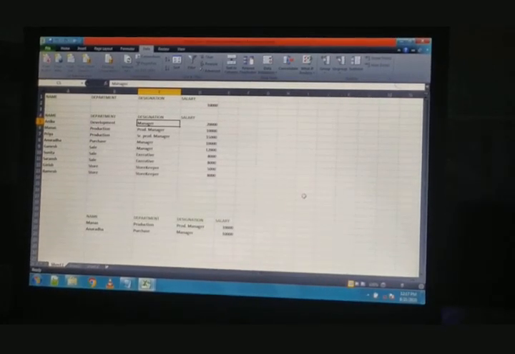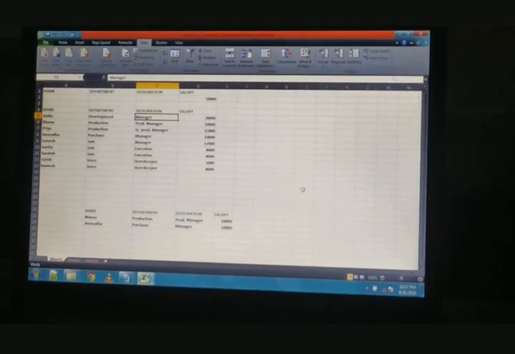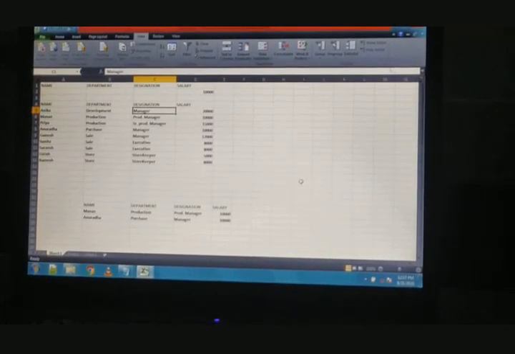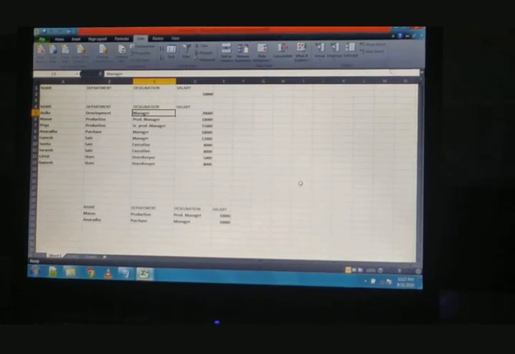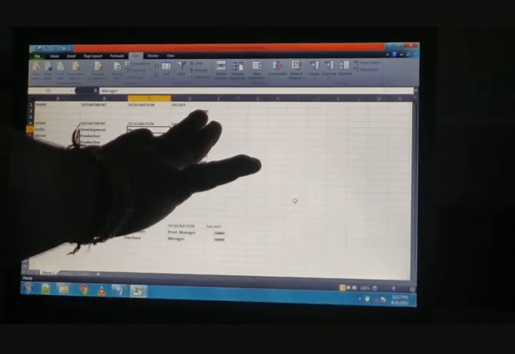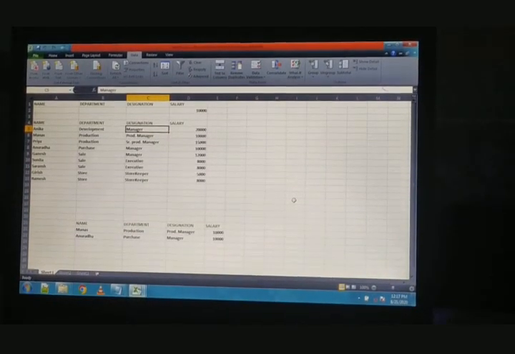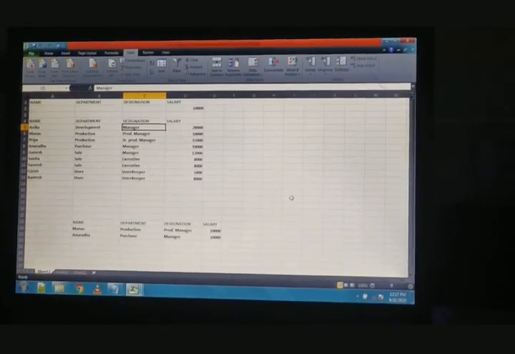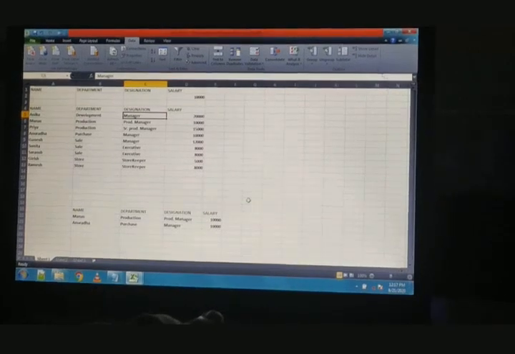But here you can see that your result has not come according to your requirement, because I said that I want to display the records of those who have the designation of manager, but here the manager designation is not defined, because I have not specified the criteria for that. The criteria given is for salary, that is 10,000. According to the 10,000 salary, only those two records, Manas and Anuradha, have been displayed. So I want to define the criteria also.